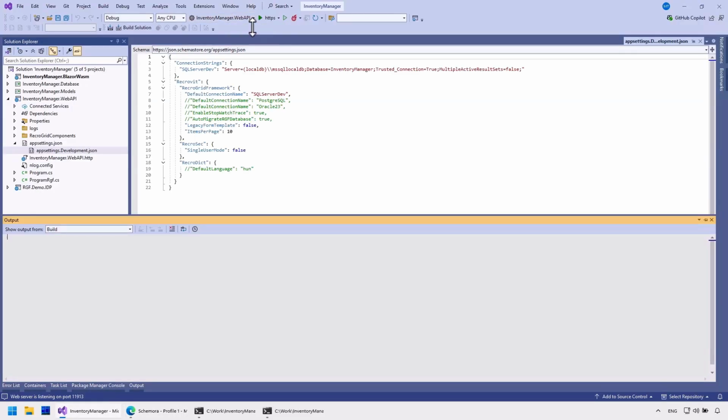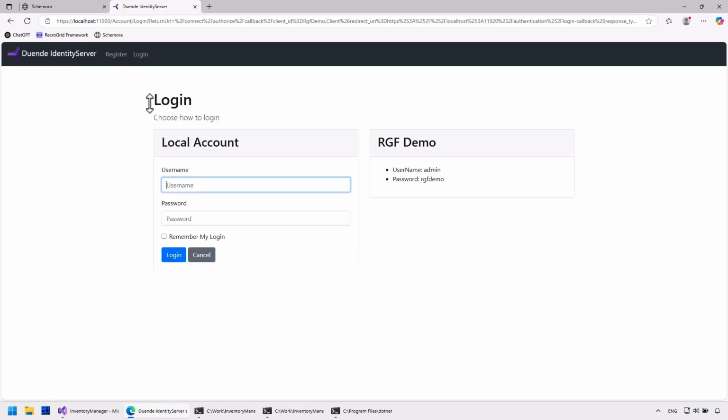Now I will launch the Blazor WebAssembly-based client application. On the login screen, I enter the default username and password set up for the demo.